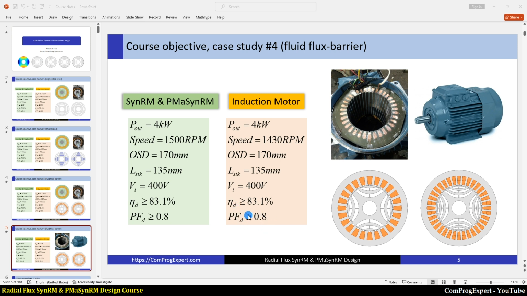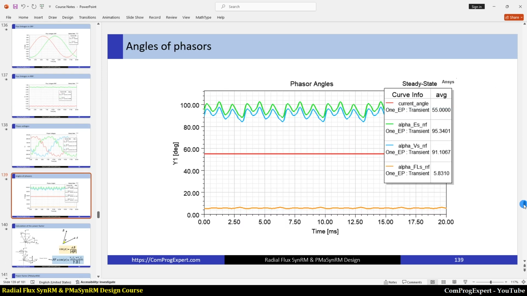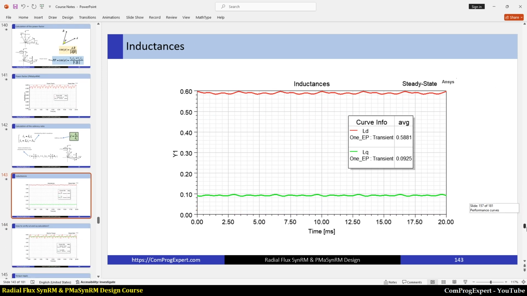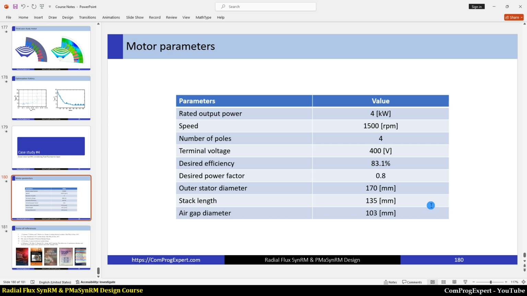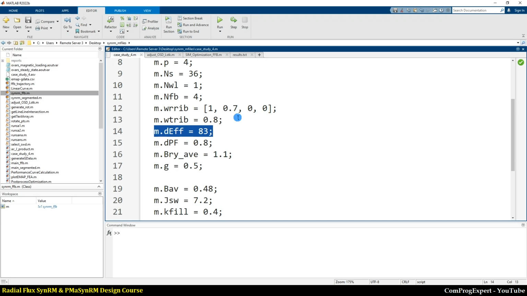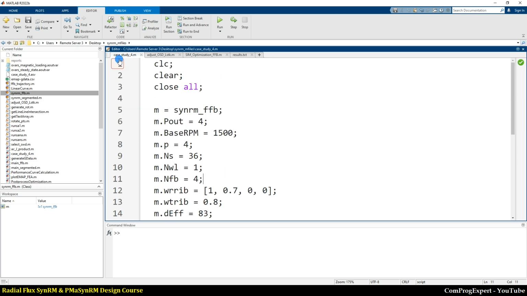So, for example, during design of this motor, I will use a MATLAB optimization function, okay, to learn how to use MATLAB built-in functions for optimization purposes. Here in this table, you can also see the value of the air gap diameter for the benchmark motor. So, here we have this M file, case study 4,